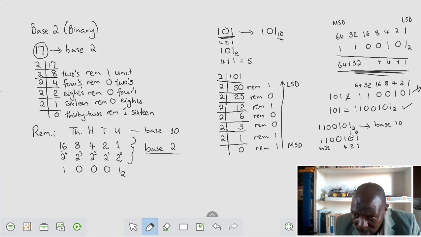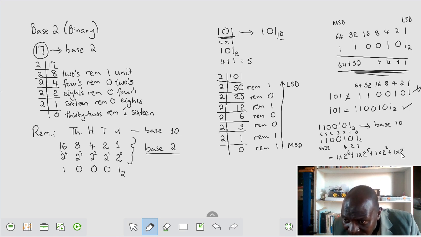0, this is 2 to the power of 1, this is 2 to the power of 2, this is 2 to the power of 3, 2 to the power of 4, 2 to the power of 5, 2 to the power of 6. So I could either do it like that, like we've already done, or I could say my number is equal to 1 times 2 to the power of 6 plus 1 times 2 to the power of 5 plus 1 times 2 to the power of 2 plus 1 times 2 to the power of